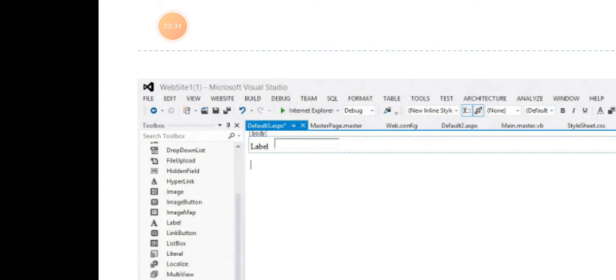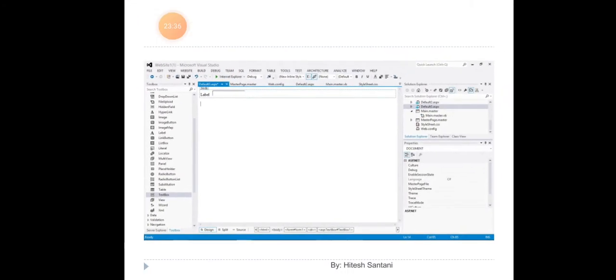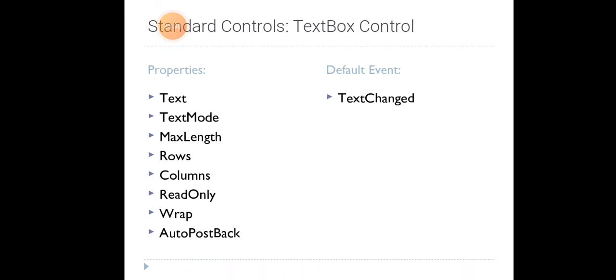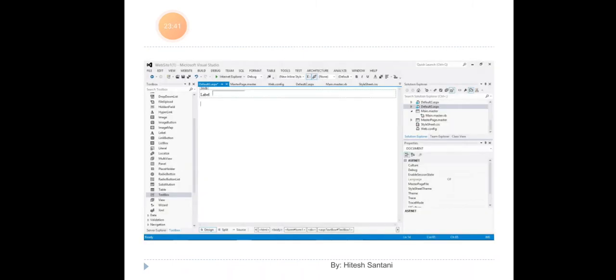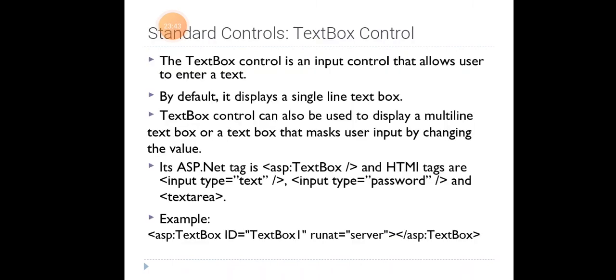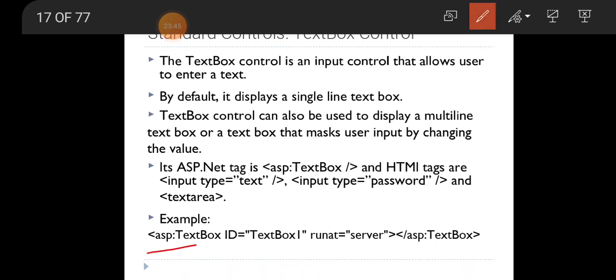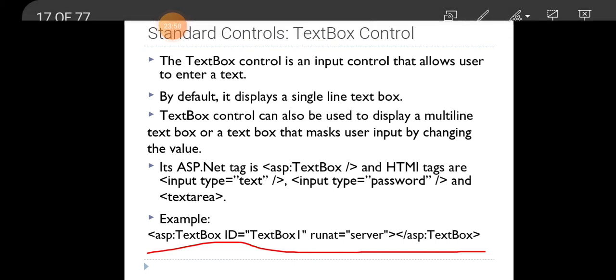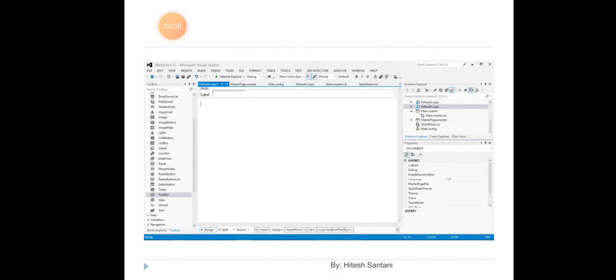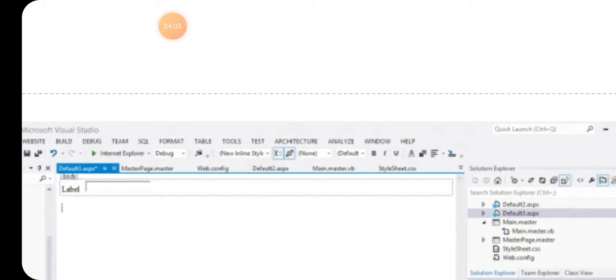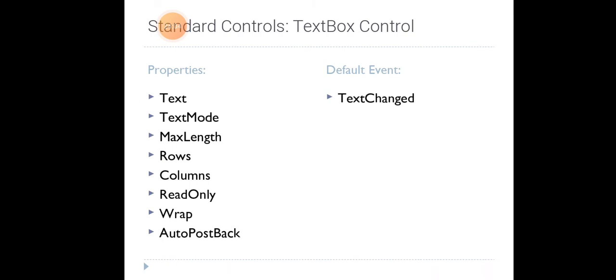While adding the text box, the source page will automatically generate the source code as asp:TextBox ID equal to TextBox1, runat equal to server. Here we didn't specify the Text attribute, so by default the text box will be blank.